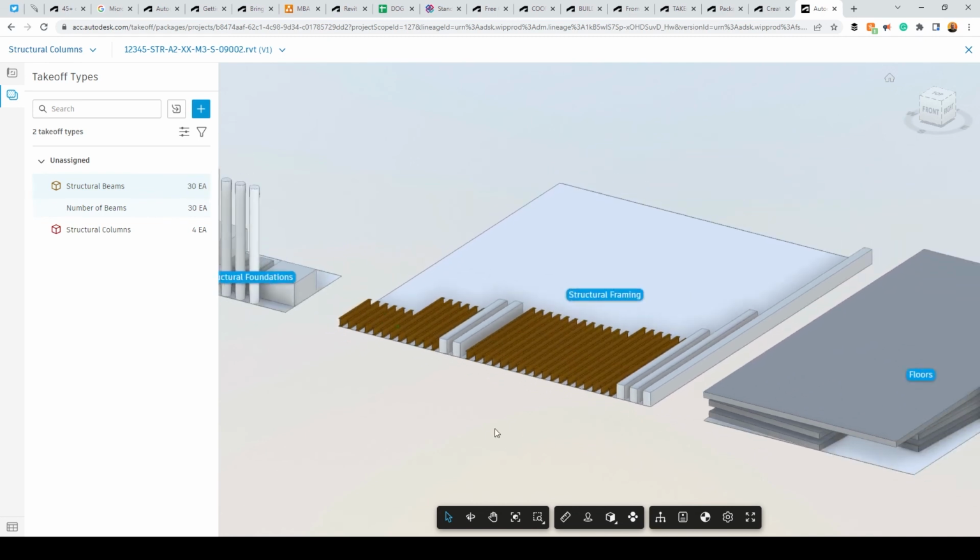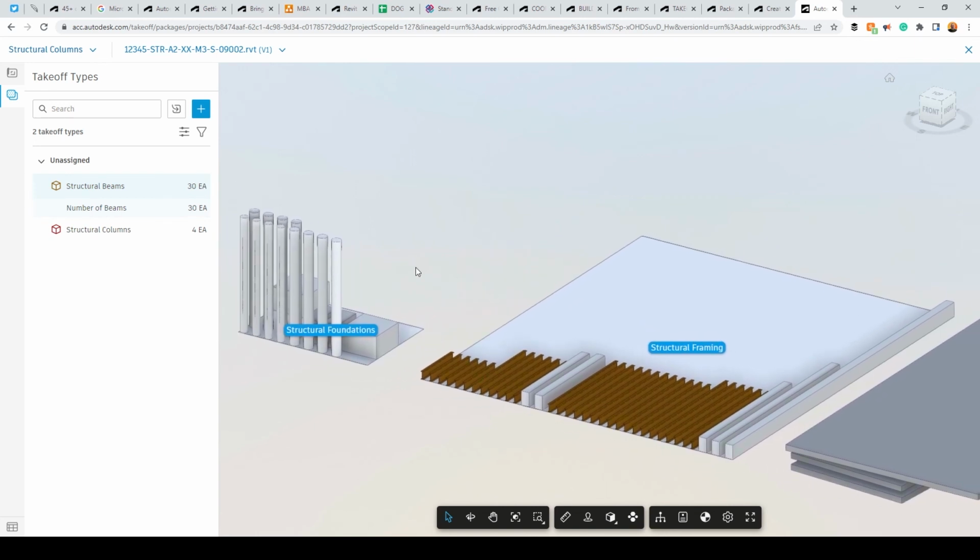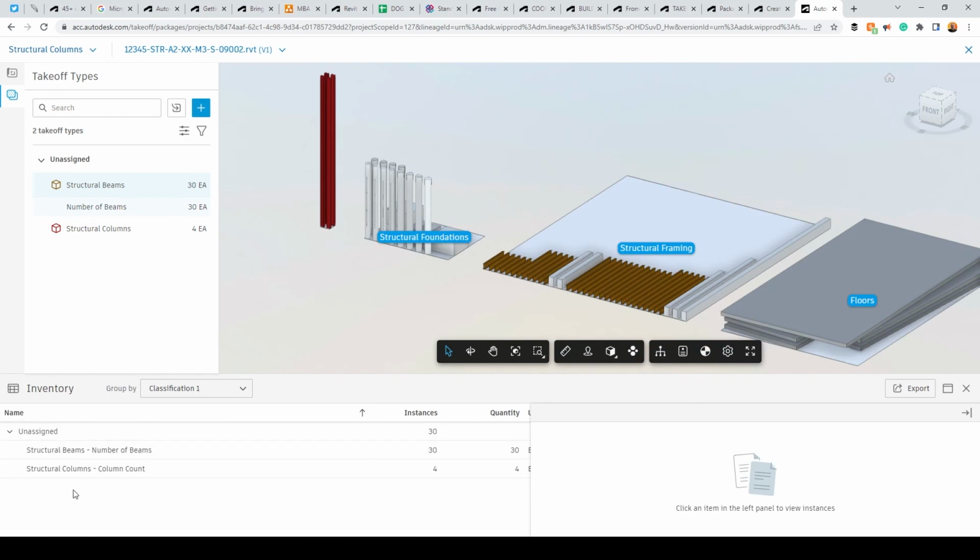You'll see the ones that are coloured in have been included as part of the package. If I come down here, you'll see they're included. Now, one thing I didn't do: I called this structural columns. I should rename the package to call it structural, but you'll see I've got beams and columns in here. What I can do is go back to the classification list, add in our structural elements,